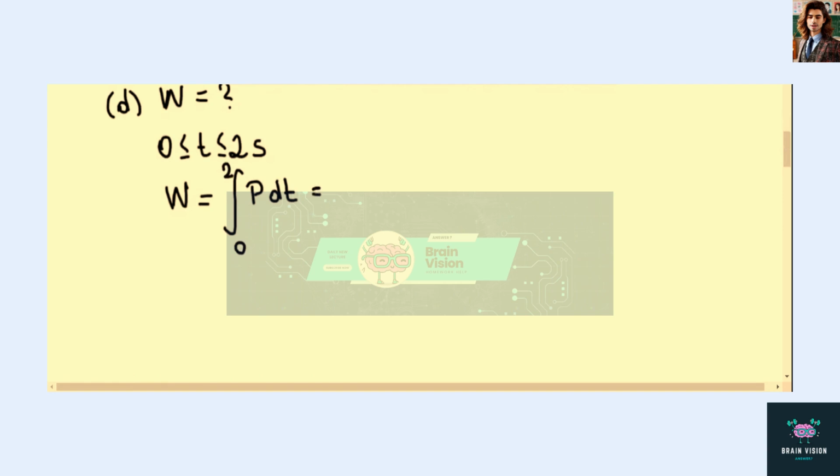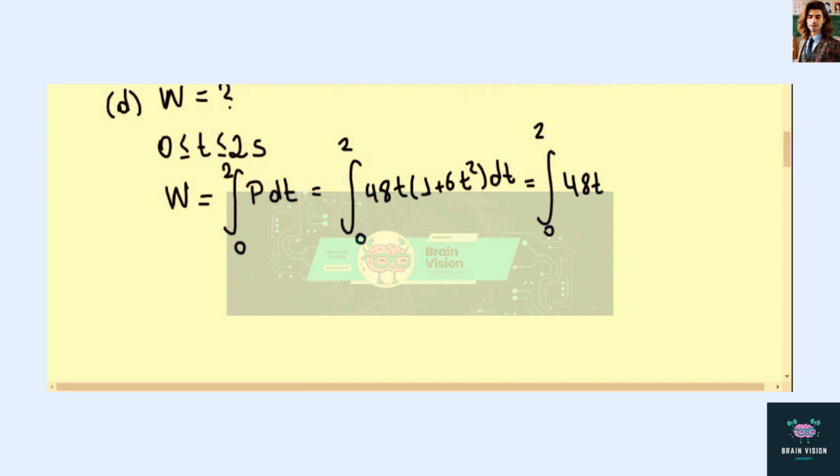Now the integral of 48t times (1 plus 6t squared) dt from 0 to 2 is equal to the integral from 0 to 2 of